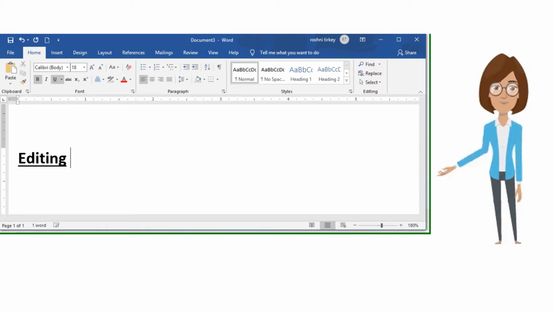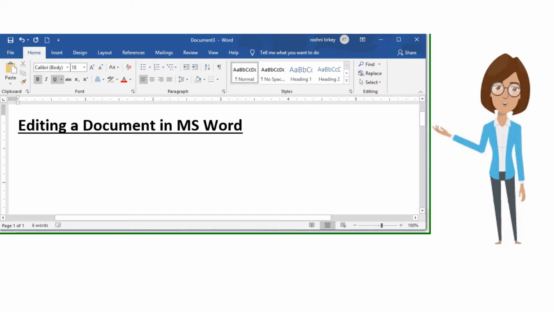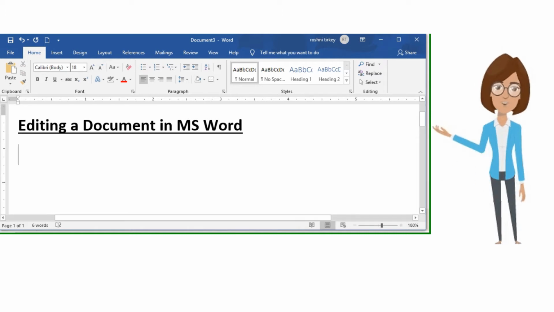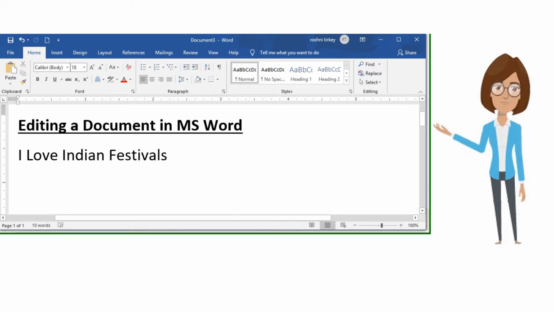Editing a document in MS Word. Press enter key. Selecting text. I love Indian festivals. You want to select the text.